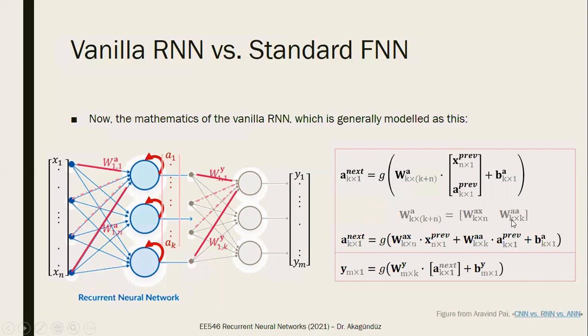So this WAA is responsible for being multiplied to the previous hidden state, and this WAX is responsible for being multiplied with only the input. And mathematically, I can write this as a matrix multiplication with the input vector plus the matrix multiplication with the hidden state, previous hidden state, plus the bias. Now I've added the bias. Okay, so I can write it like this, right?